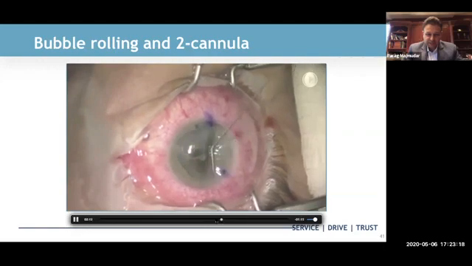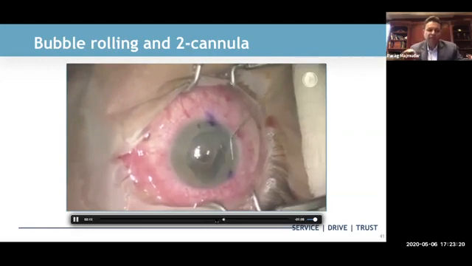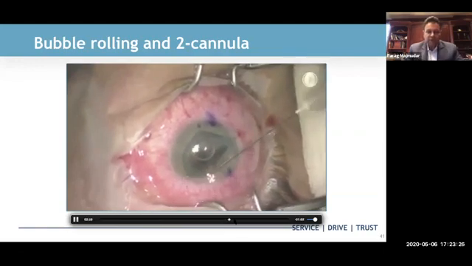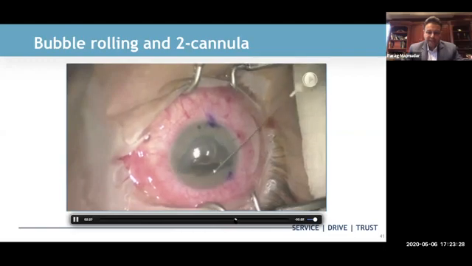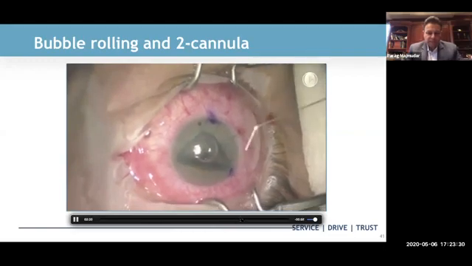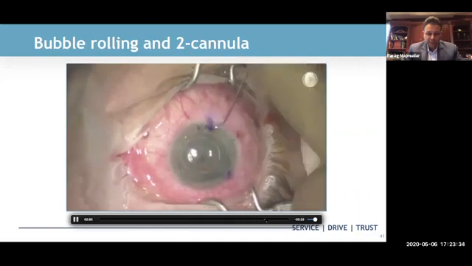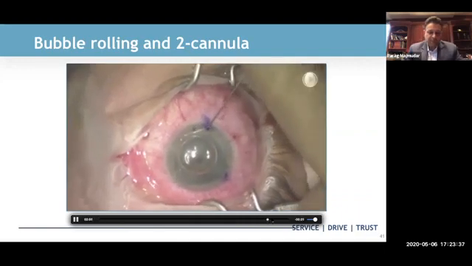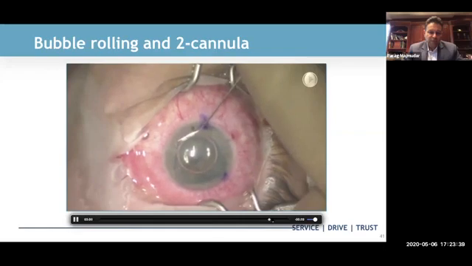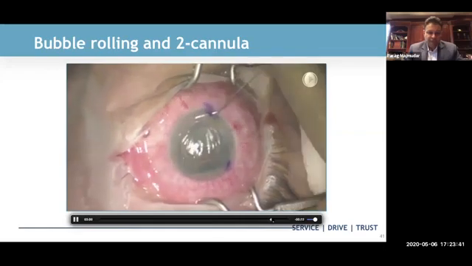So you can see here that I'm using that bubble to prevent the scroll from rolling back on itself. And so by doing this over and over again, you're going to get that pressure from the bubble, and the bubble almost acts like a third hand or a second hand in there, just holds that graft open. And by the time you finally teased it out, this takes a little bit longer in this type of case. Now I'm leaving that air bubble in there because as soon as that air bubble is pulled out,